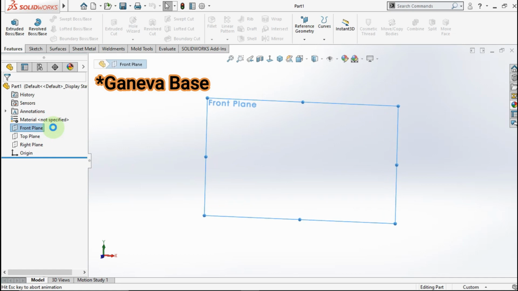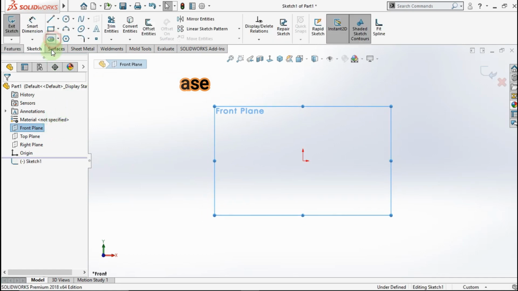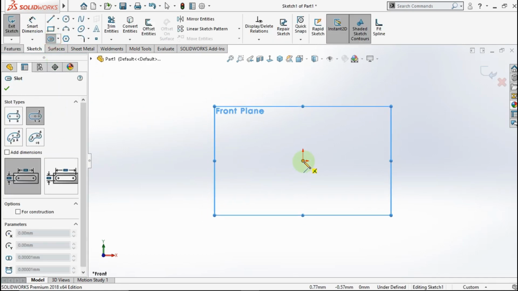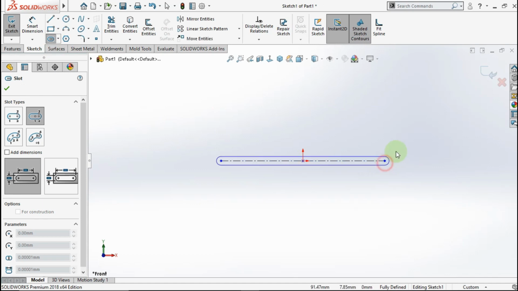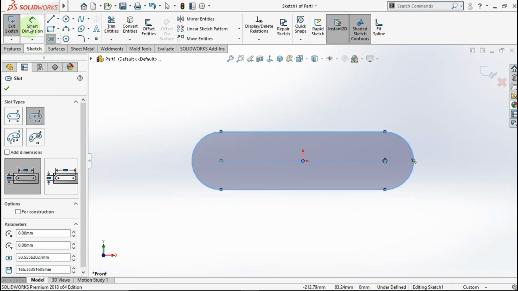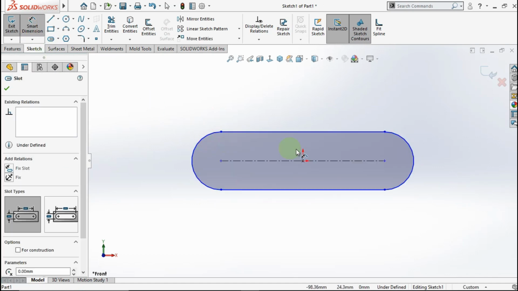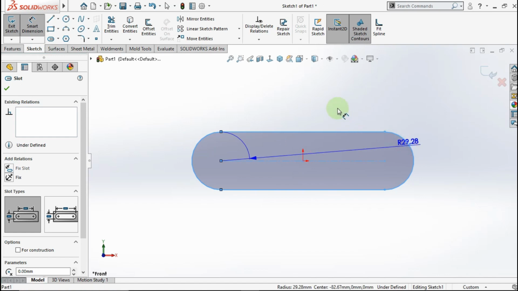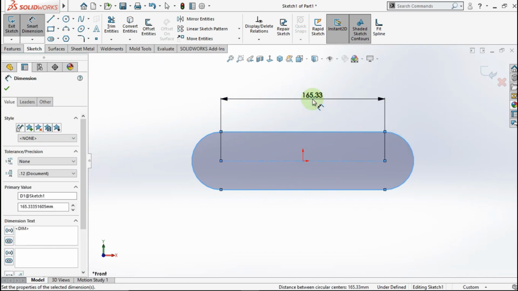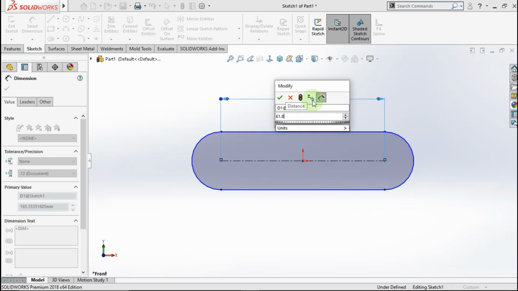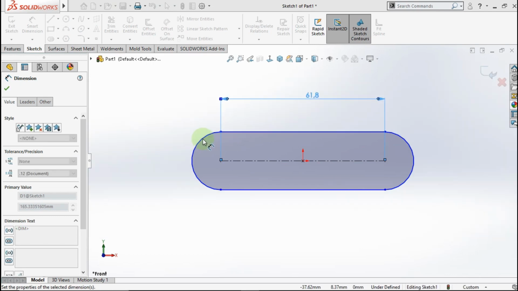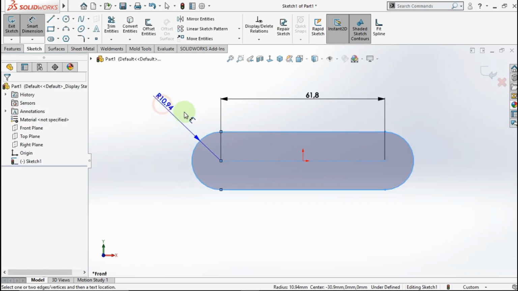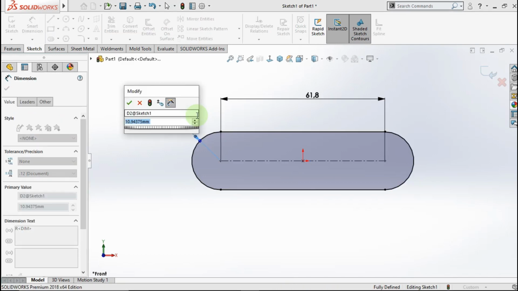Go to front plane, active slot, click from this point to this point, active smart dimension, click this line and this line, make distance 61.8mm. Okay, I make the circle radius is 8mm. Okay,